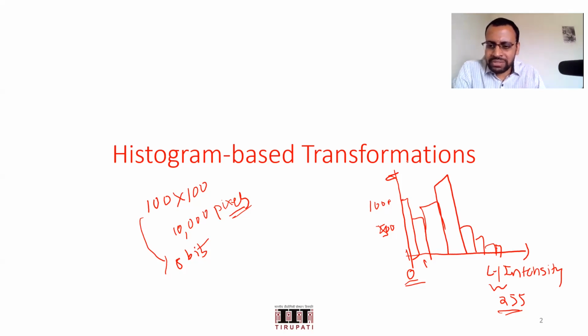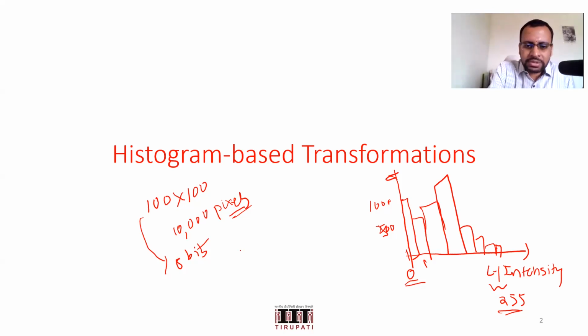Should I always have 0 to 255, or in what way can I modify the x-axis? Because typically I might not care about such a fine look at the intensities. I'm okay with some baskets rather than having 255 distinct values there. So what could I do there? Bins, into classes. Right. Instead of having 255, I could have, let's say, something like 25 or 26, where 0 to 9 is my bin 1,